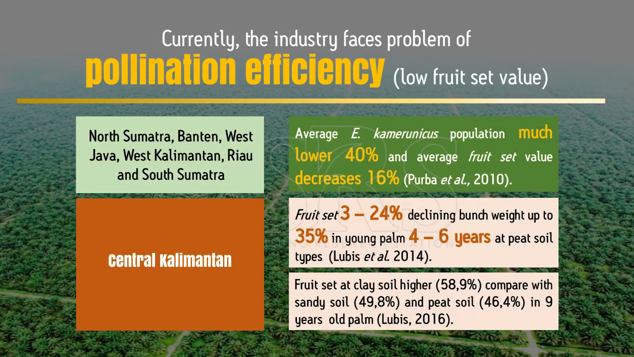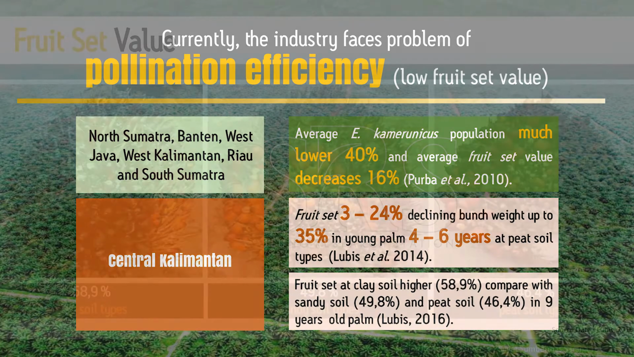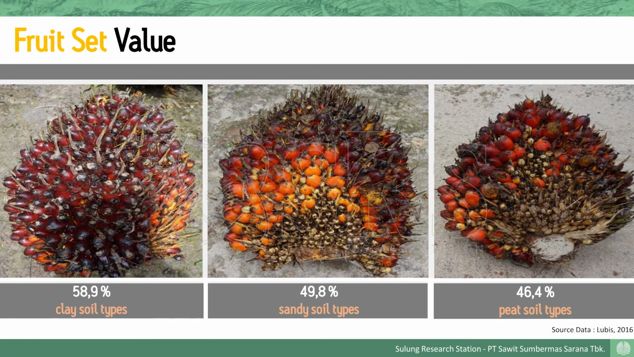Currently the industry faces the problem of low fruit set value because of pollination efficiency in most areas. Urba reported average fruit set value decreased by 60% in most areas, and in another case in Central Kalimantan, Lubis reported fruit set in sandy and peat soil is lower than clay soil, which is 58.9%. So we can see in this picture